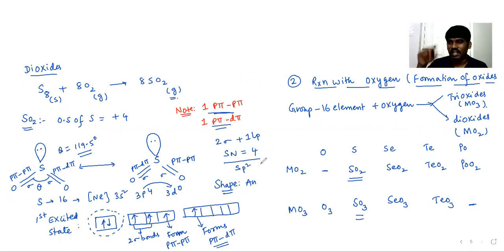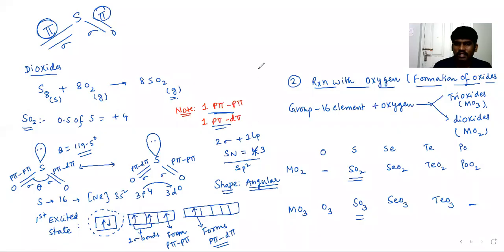So you would suppose planar geometry, but it is having angular geometry. SO2 is having angular shape, sp2 hybridization. One p pi, one p pi d pi, and one lone pair of electrons present. And how this p pi and p pi d pi bond is formed also can be represented over there. It's very important, especially for SO2 and SO3, the number of p pi and p pi d pi bonds. They can ask you as numerical value type questions. I can assure you that definitely, and in the upcoming weekend examination also. Please go through it.